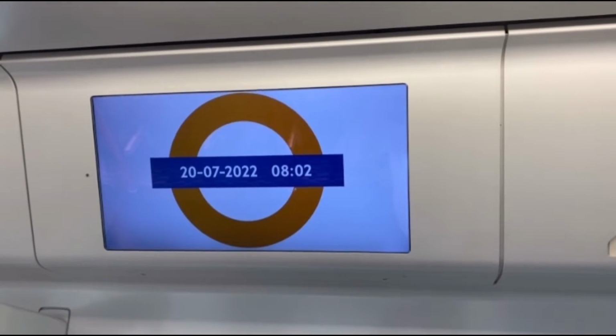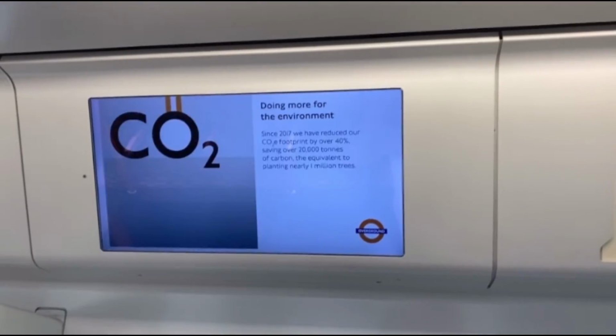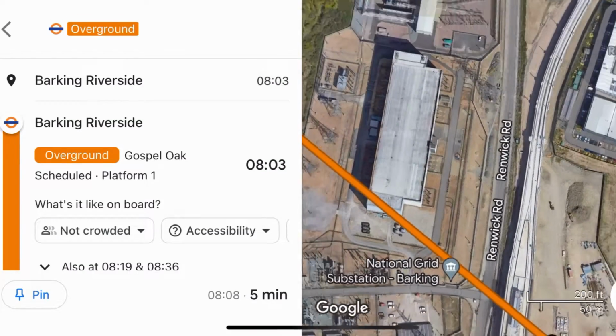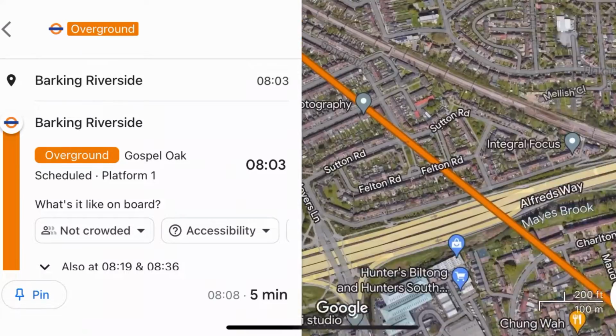I do like the London Overground roundel showing the date and time, which I think was a rather nice feature personally. Now that we've had a look at the Class 710, it's now time for us to look at our route today. This will be a really short ride along the extension between Barking Riverside and Barking, although the extension's